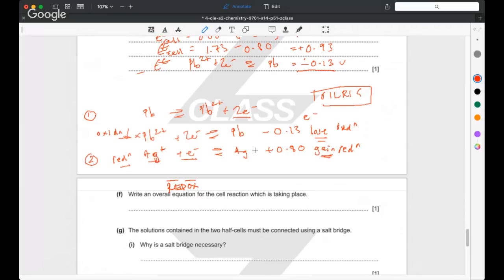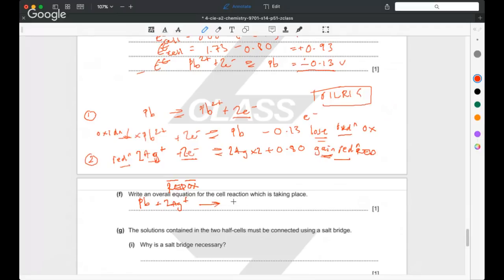So we're going to have to multiply that equation by 2 so that both equations have the same number of electrons. Multiply that up by 2: 2 silver ions, 2 electrons gives us 2 silver metal. Once we've got the same number of electrons in each equation, we can add them together. We add the reduction and the oxidation. We've got a redox equation from 2 half equations,